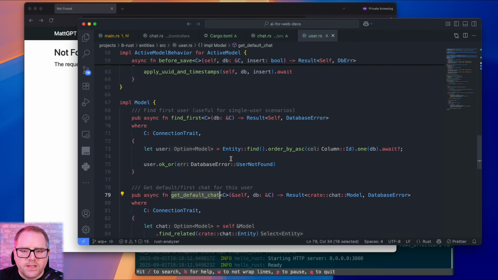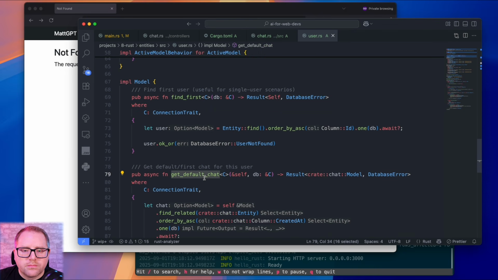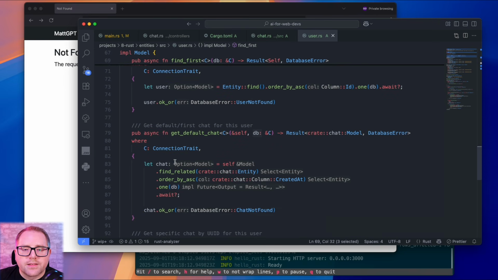We're also going to have get default chat. I should point out that in this case, this is a function on the actual model itself. So notice that the first param is the DB connection. And then this get default chat is on an instance, so it's on an actual record.